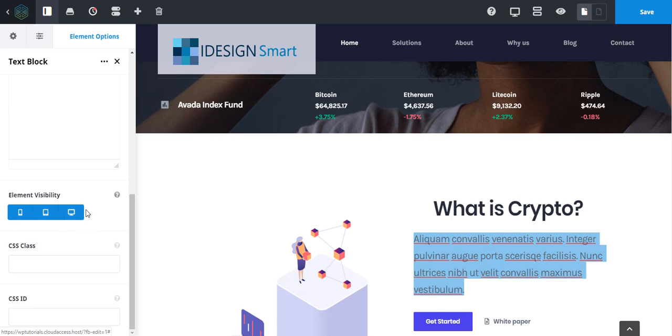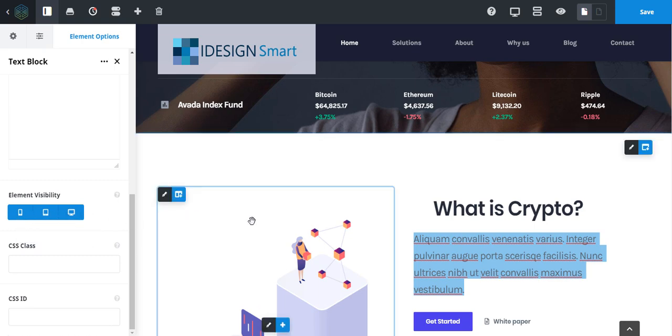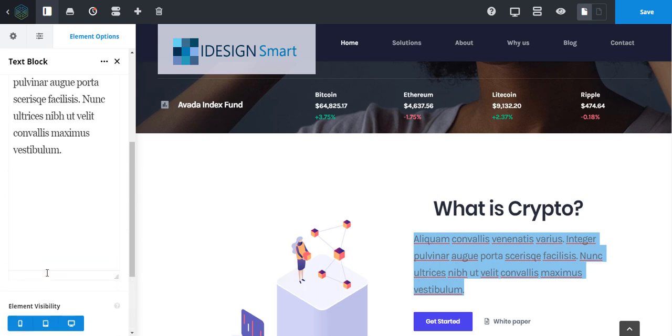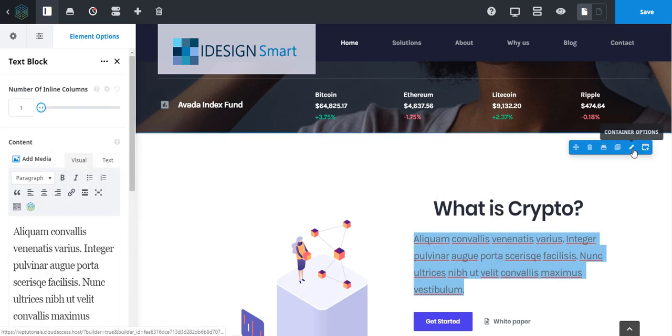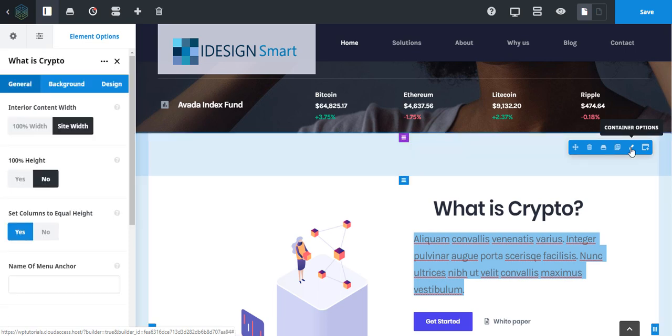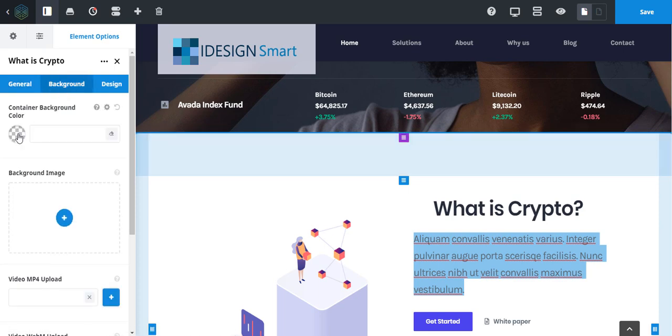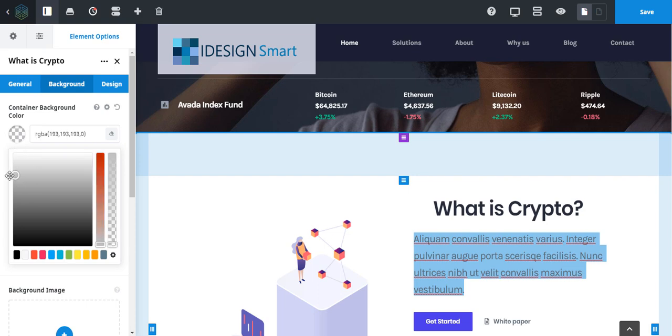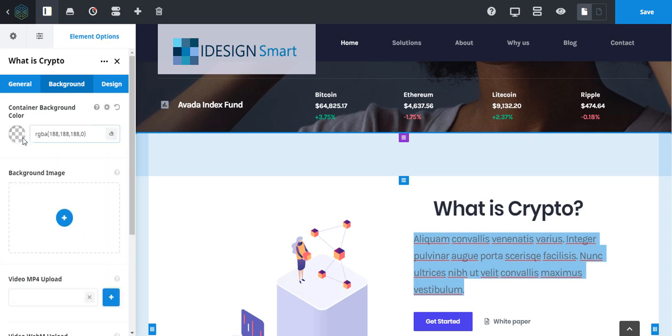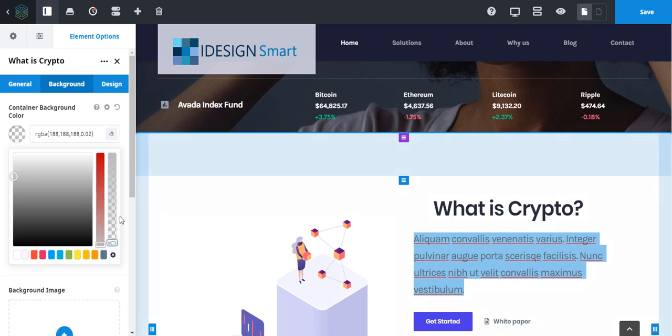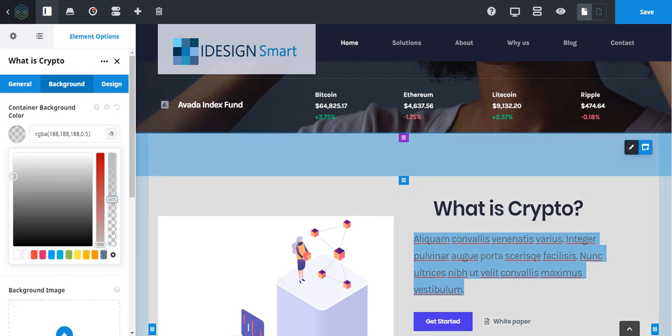Element visibility, like if you want to make this visible on mobile and tablet, then you can write custom CSS classes to go with that, and then you can also edit the container or column option. So let's say I need a different color, so I'll go to the container element, edit that, and now I have the 100% width container selected. So I can go to the background and select color, and instead of that color I will go with a very light gray color. I don't know if I selected anything, so okay, that is what I'm going to go with. And once I'm done making the change,